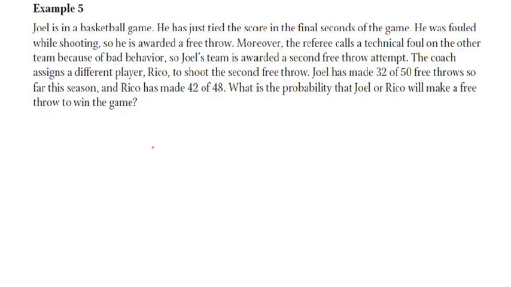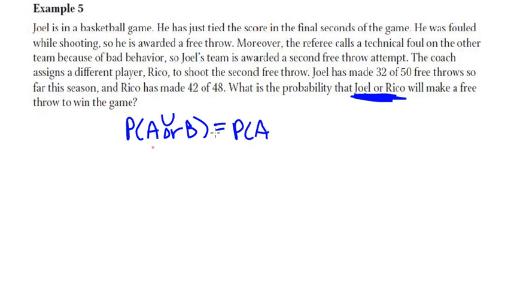So in this question, we want to know the probability that one or the other will make a free throw. That word "or" should make you think about the addition rule. That means the probability of A or B is equal to the probability of A plus the probability of B